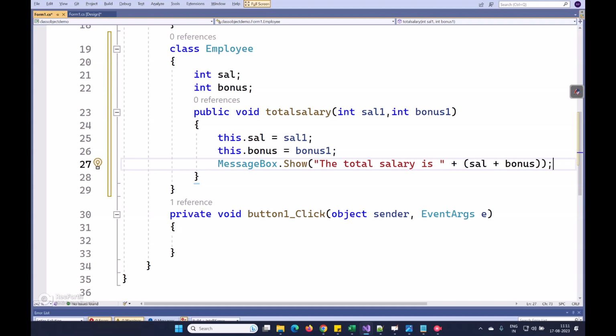I don't want 40 employee programs. I want one employee program. In the object, I will pass the parameters. You write message box dot, you write. Then what comes, select that one. Then write like this only. Up to this, everyone done?